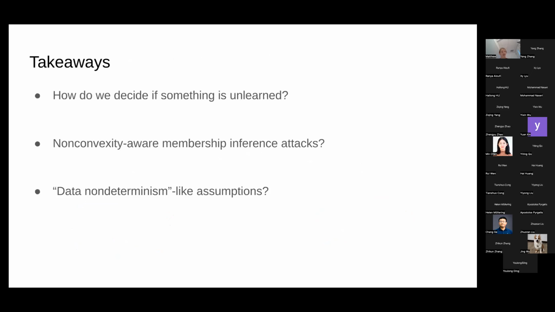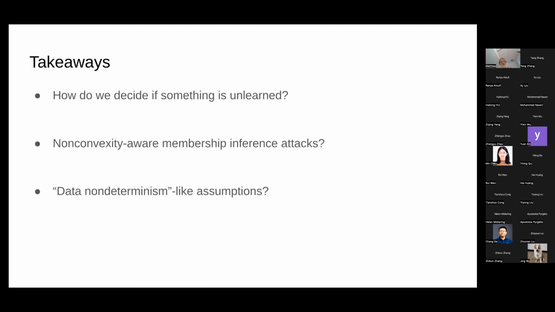Either non-convexity doesn't matter for this kind of forgetting effect, which I don't feel like I can wrap my head quite around, or we might need some non-convexity aware membership inference attacks. What I mean by this is I'm not aware of any membership inference attacks that exploit the optimization trajectory. And this might be needed if you're going to be able to do membership inference on that first example in your long training run. You might not be able to rely on standard attacks.